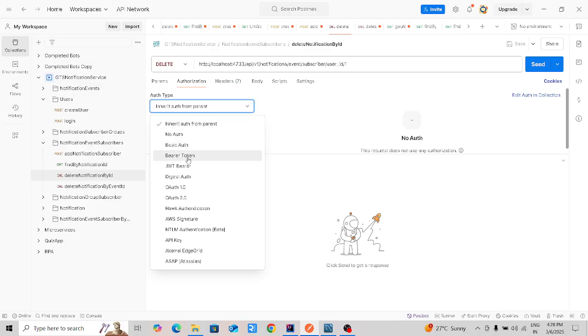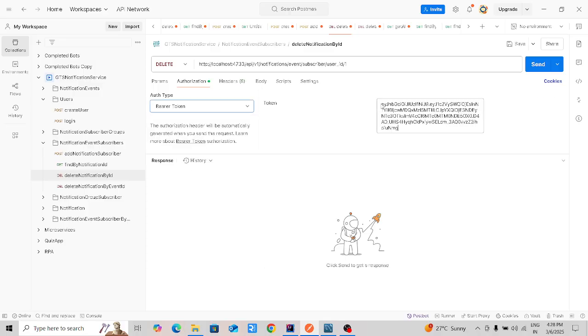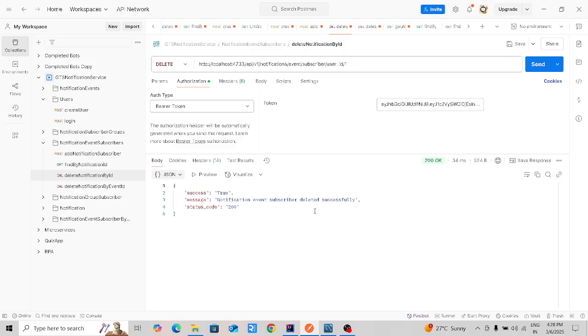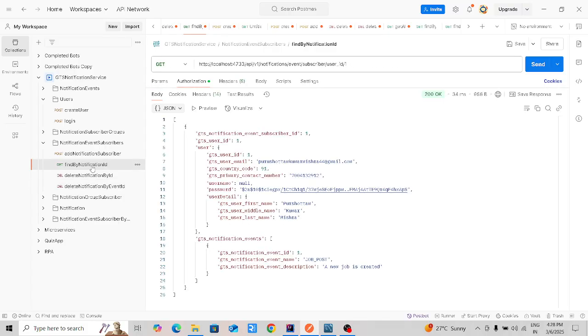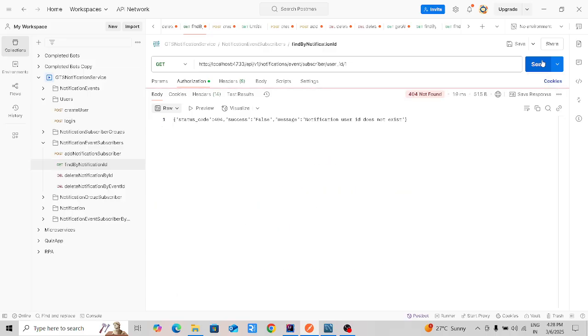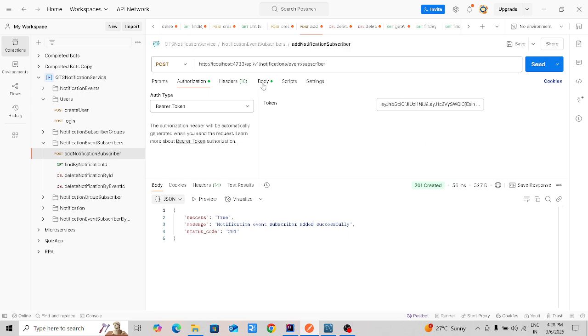So let's send the ID, bearer token and ID. Now make the request. Notification event subscriber is deleted. Now the user is deleted from the event. So if you try to find the user in the event, then we are getting user ID does not exist. Now let's make the request again to test another API